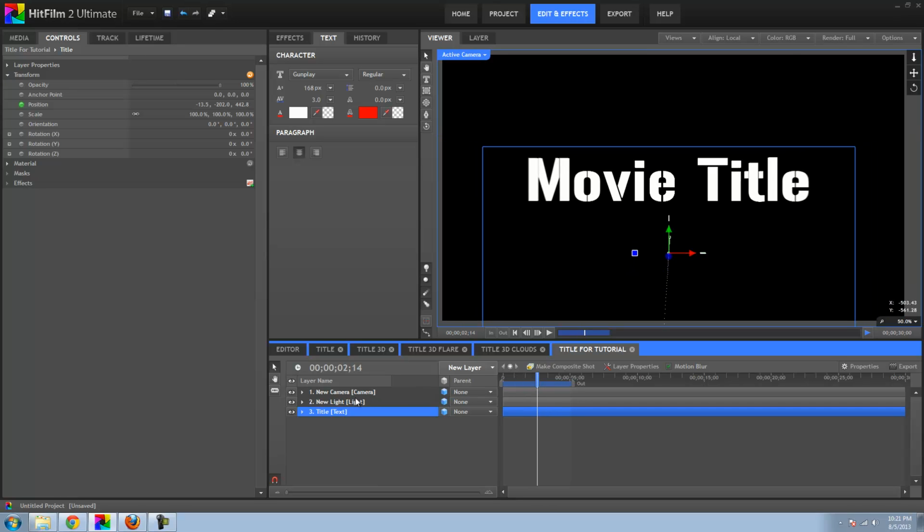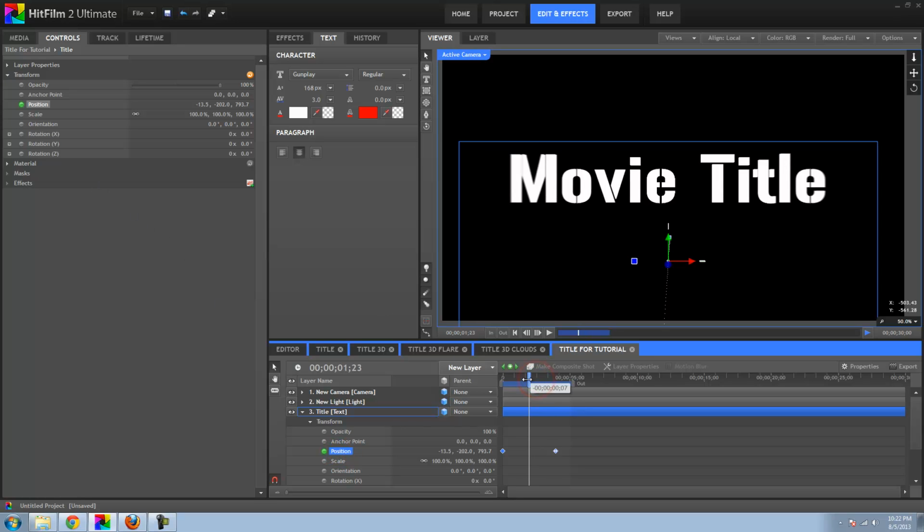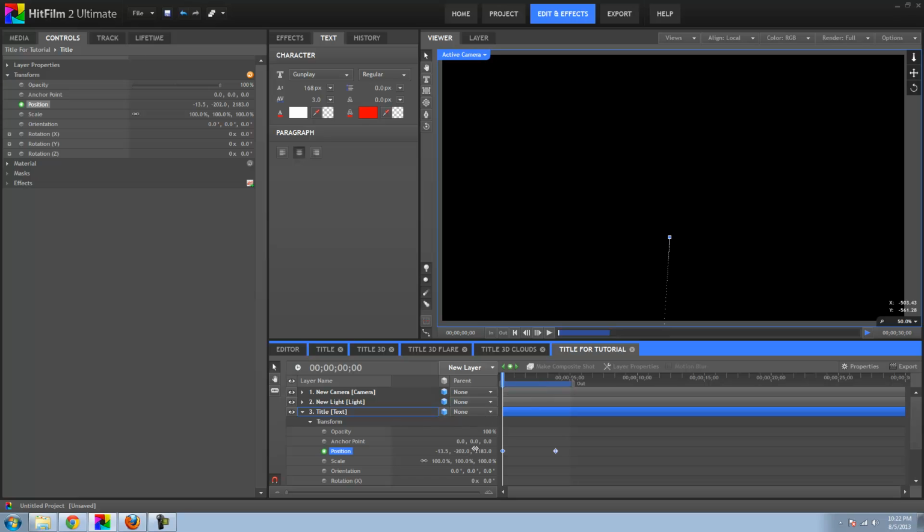One way to change this, select your text. I'm going to click these down now. This is my position. It's the same position from up here. So if I go back here to the first one, I'm actually going to move this further back in Z space. Now you can't really see exactly what that's doing, but it's moving it further away from the camera